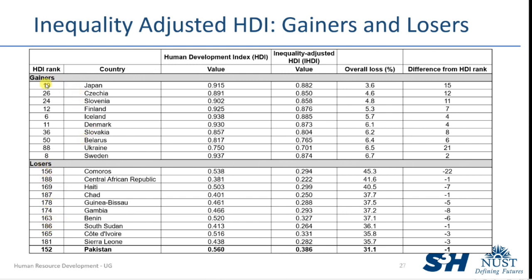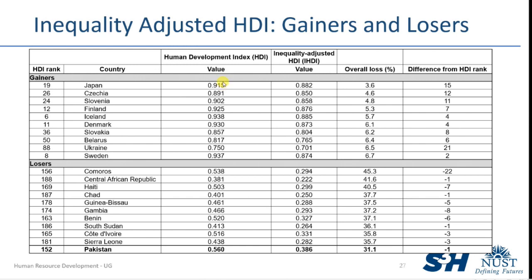Losers. Gainers are the ones who gain some positions when you account for the income inequality. So it means that these countries right here, Czechia, which was Czech Republic before, Slovenia, Japan, Finland, Iceland, Denmark, Slovakia, Belarus, Ukraine, Sweden. So these are the countries whose